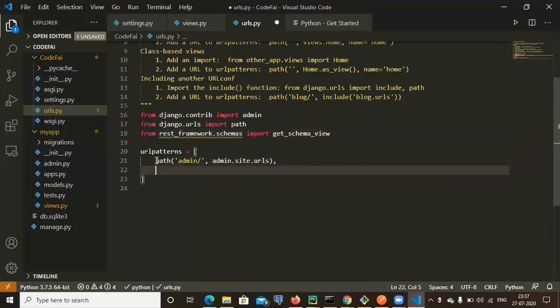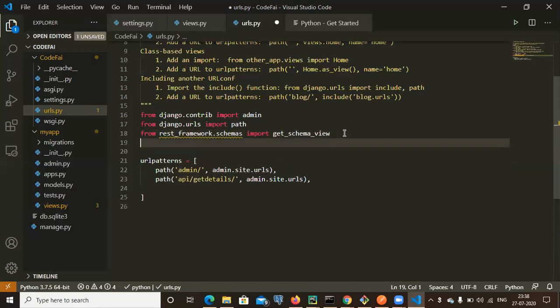I want to use this file. Suppose I want to give some API endpoint. After this one, I want to give get details. First of all, I want to import that class from my app.